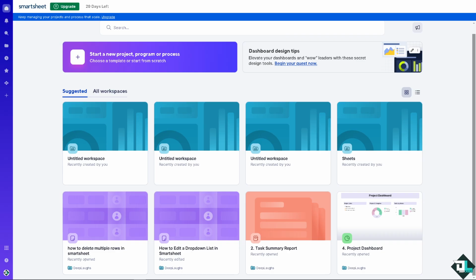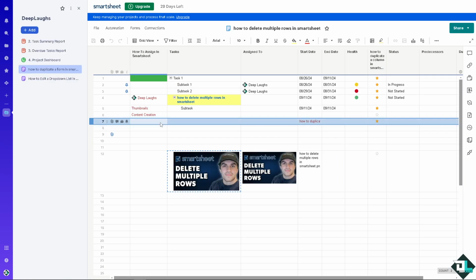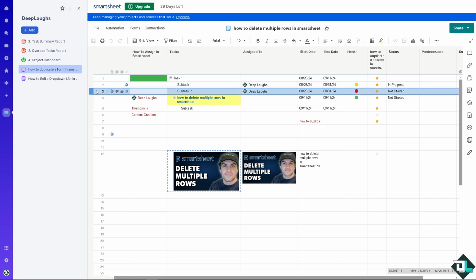Now, deleting multiple rows in Smartsheet is a straightforward process because if you feel like you need to eliminate duplicate or unnecessary entries to keep your sheet organized and efficient, or removing rows that are no longer relevant to focus on current data, you have to select the sheet that you want to work with, and from there, just select the row that you wanted. For example, I wanted to delete row 2 and row 3,